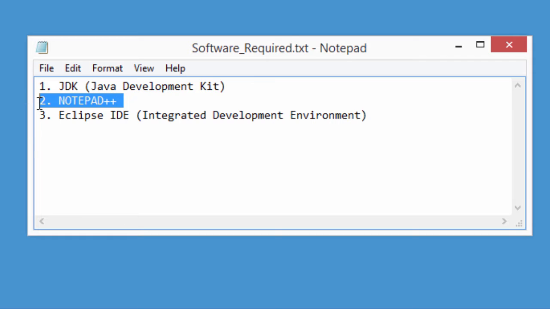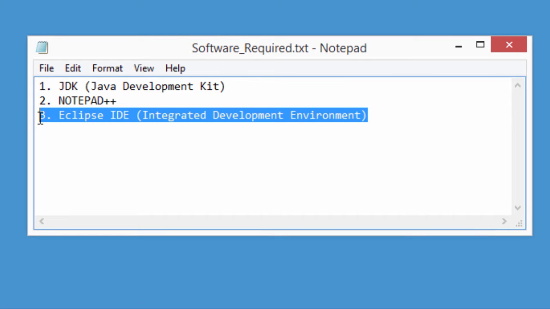The second one is Notepad++. It is a very powerful text editor and we'll use it to write our first Java program before moving to Eclipse IDE. Though we can use Notepad that comes by default with Windows, Notepad does not do anything special to Java files, whereas Notepad++ has built-in support for Java files, something like syntax coloring and highlighting. My purpose over here is just to show that Java programs are normal text programs and can be written using any text editors. The third one is Eclipse IDE.